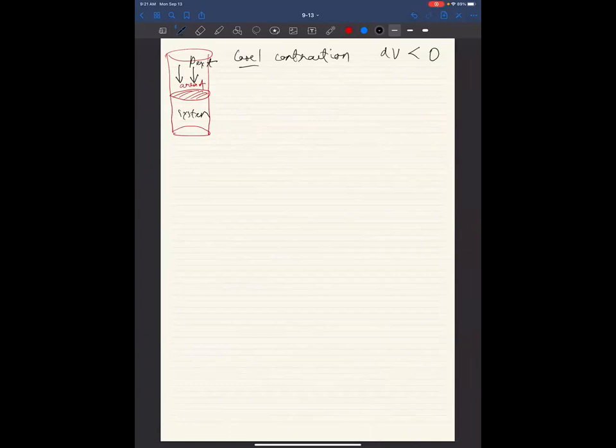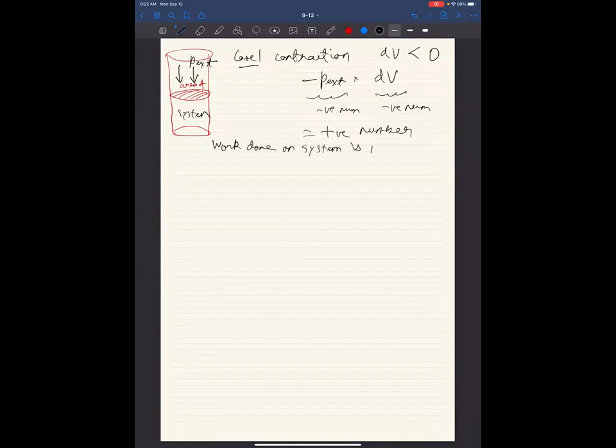Pressure is always positive. Pressure never becomes negative. It's just a scalar which is applied in one way. So in this case, if I think about minus P external multiplied by dV, this is a negative number, and this is also a negative number, so their product is a positive number. Did I do it right or did I skip something? I skipped the minus in the beginning, right? So minus multiplied by P external. Okay, so minus P external is a negative number and dV is a negative number. So in other words, work done on system is positive